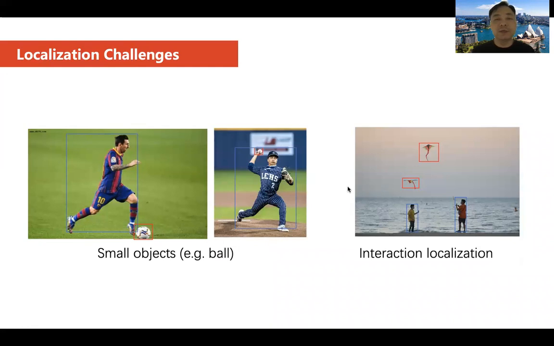Localizing small objects is difficult. Current methods propose to utilize interaction clues to localize small objects. However, small object detection is still an important challenge on detection-related tasks. Besides, it is also difficult to localize interaction. When we detect the objects and human, it is difficult to judge which object is interacted with the person. For example, in the right figure, there are two people flying two kites. Although we can easily localize the people and the kites, which kite is interacted with by which person is hard to localize.